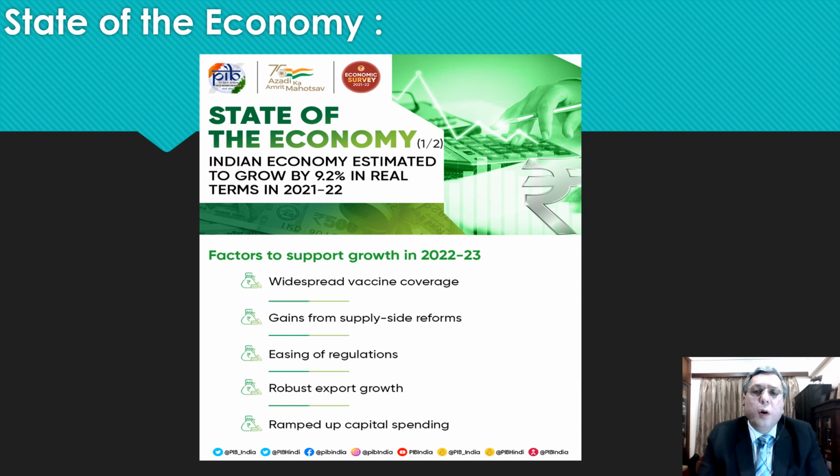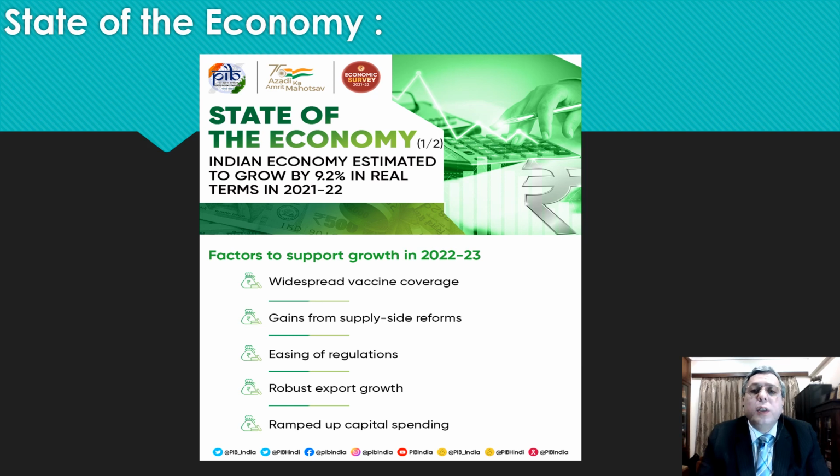And we have a lot of other alternatives coming in, like nasal sprays as booster shots. Things like that are also coming in. But widespread vaccine coverage has helped India. One estimate is that in the Omicron variant in India, which started from November end, we saved maybe 100,000 Indian lives because of the widespread vaccine coverage. So nearly 100,000 lives would have been saved thanks to the spectacular efforts that have gone in terms of vaccinating the entire population.